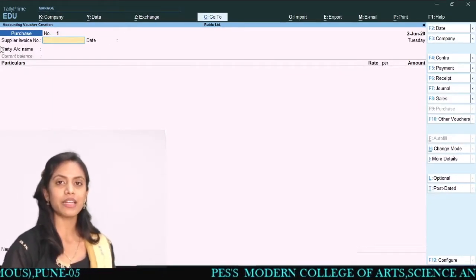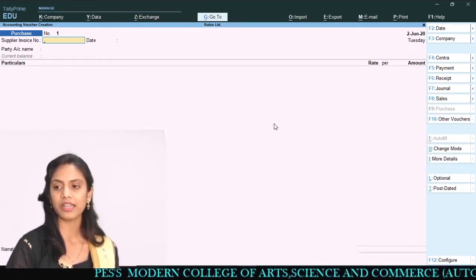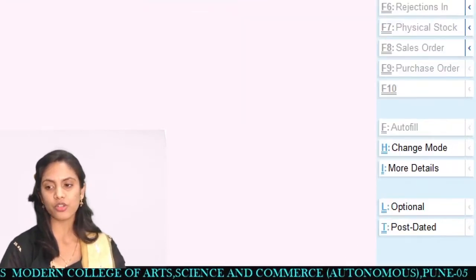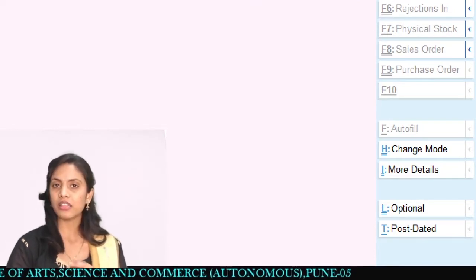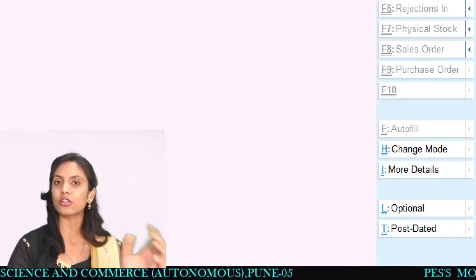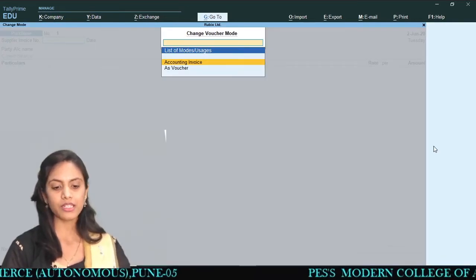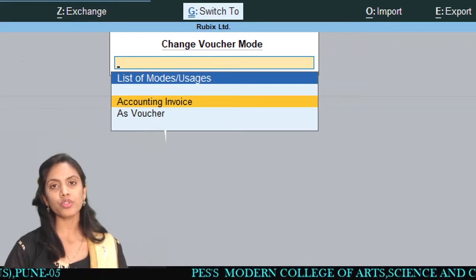I want the debit and credit way of entry, so I will go for debit credit, and for that purpose I have to go for this change mode option. I will select this change mode option and change this single entry to double entry. So I will click on change mode and you can see it asks for the voucher mode, do you want to change the voucher mode?